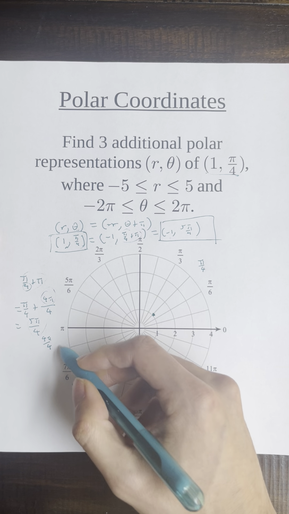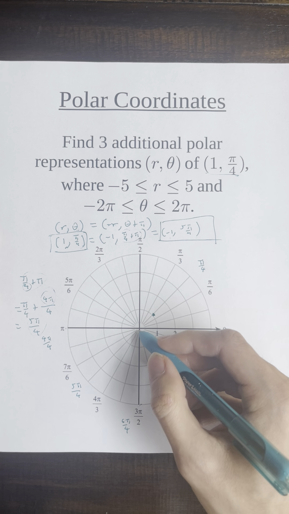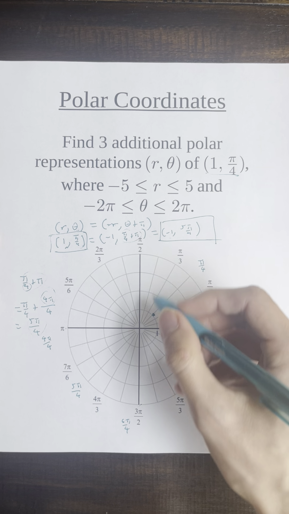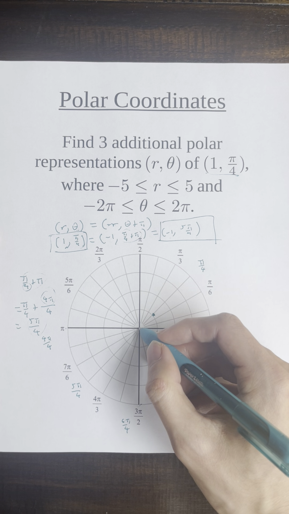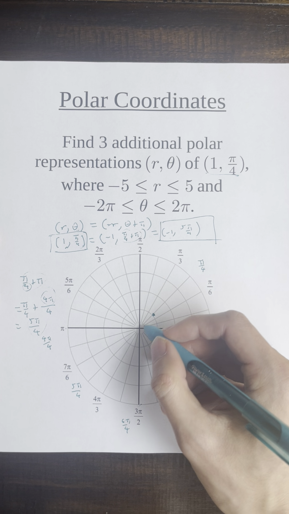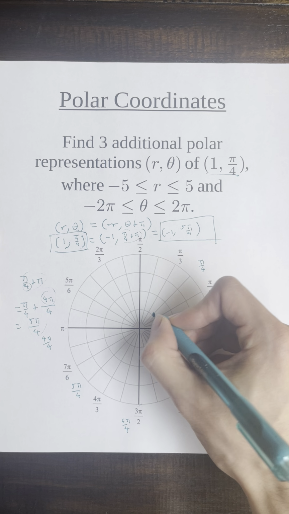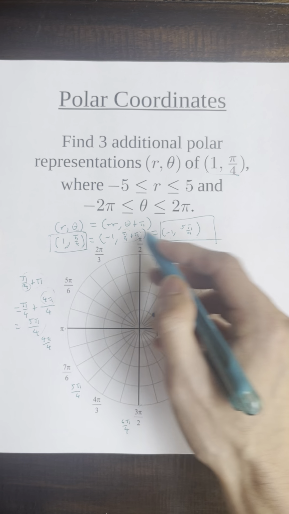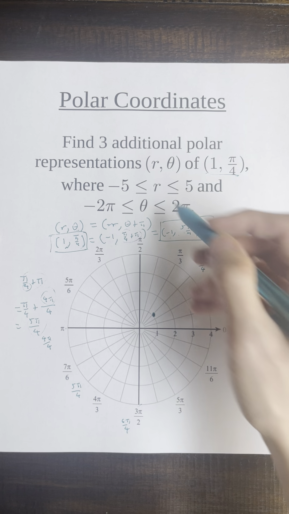So this is halfway between here and here. And then, okay, so the negative 1, what does that mean? So instead of going towards this, we need to go away. So go away, and the radius is 1. So we're here again. Okay, so these are two representations, but we need to find 2 more